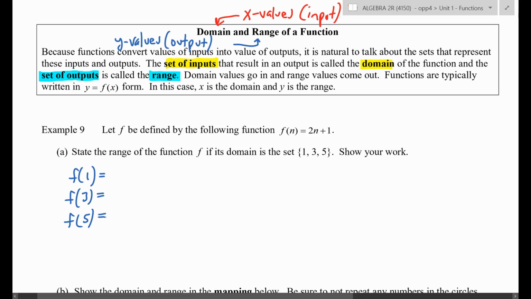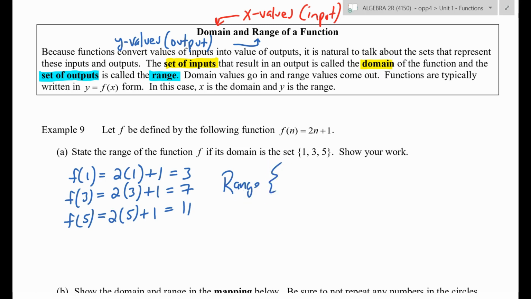And you can use a calculator to do it, or you can use your head, or you can use your table, whatever you want. What do we get? Well, we get 2 times 1 plus 1. So we get a 3. And we get a 7. And we get an 11. So what are my output values? 3, 7, and 11. So when I ask you guys about the range,